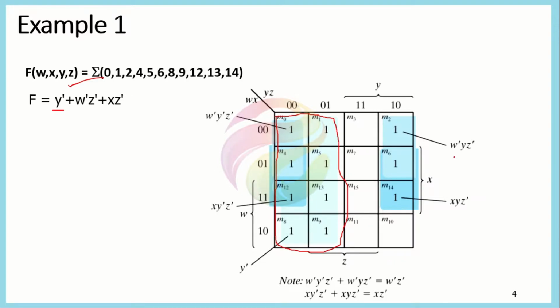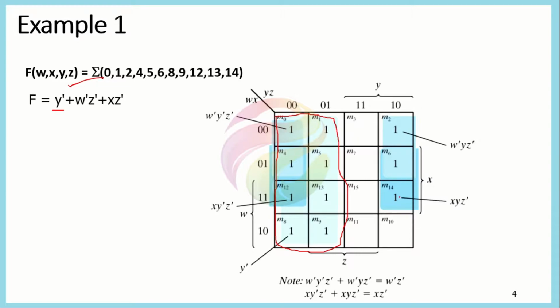With this, the first row is adjacent to the last one. You can easily calculate why they are adjacent if you write the values here. For example, its value is 0 0 0 0, and this is 1 0 0 0. So they are adjacent because only one bit is changing between them.